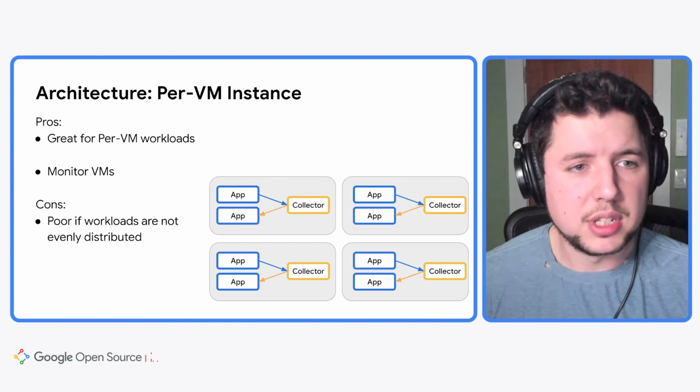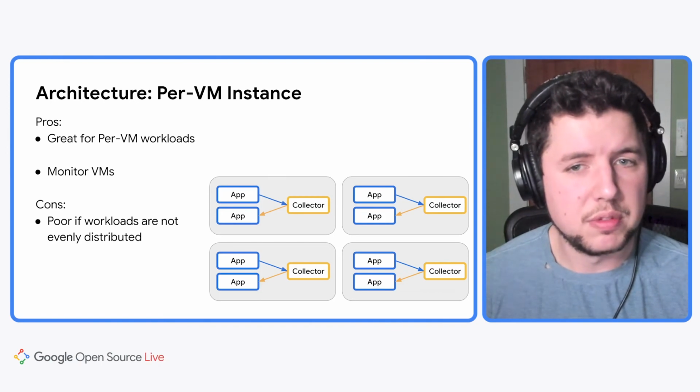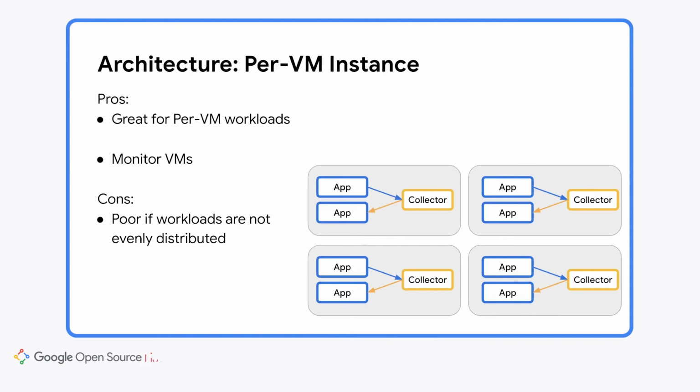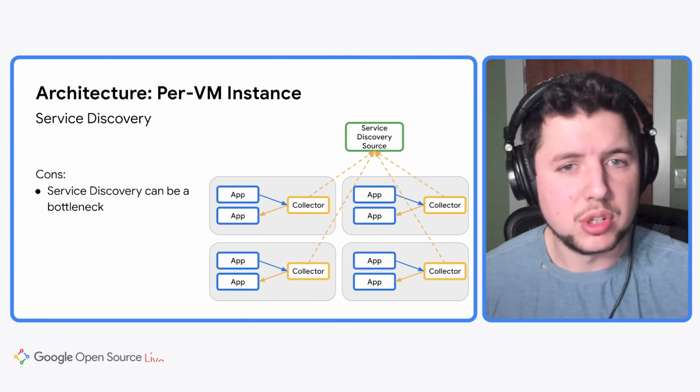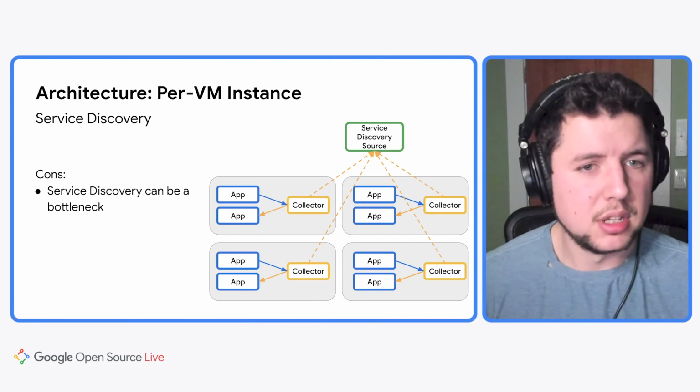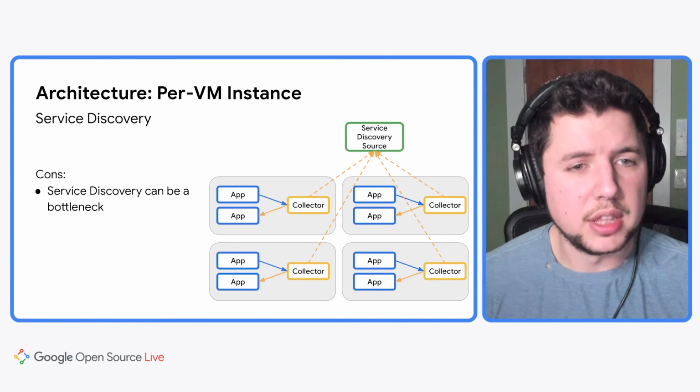It's also useful if you wanted to collect some telemetry from the host itself, like the CPU usage of the VM. But if your applications aren't spread out evenly, at least in terms of the telemetry they generate, this can be harder to manage. One additional problem that can bite you is that if you want your collectors to dynamically figure out which pull targets to scrape, this can easily overload your service discovery. In Kubernetes, for example, it's generally not a good idea to watch all services from a daemon set. So this sort of thing wouldn't fly there.